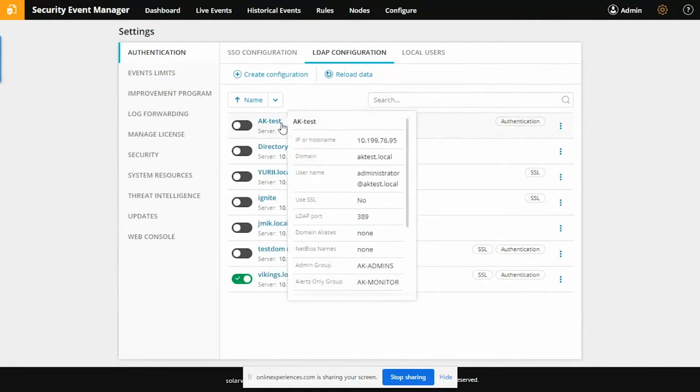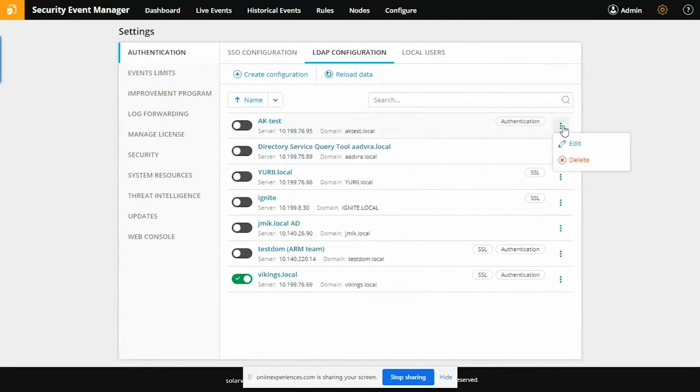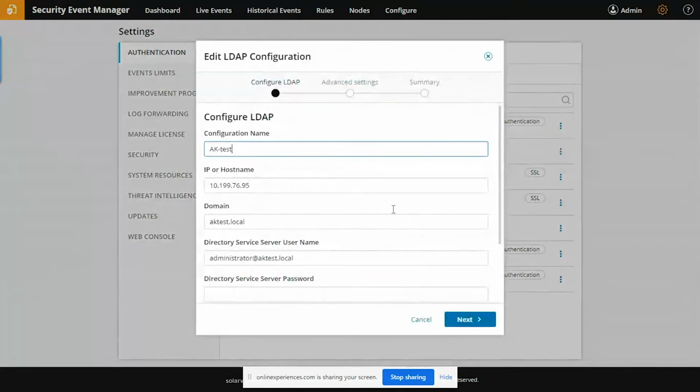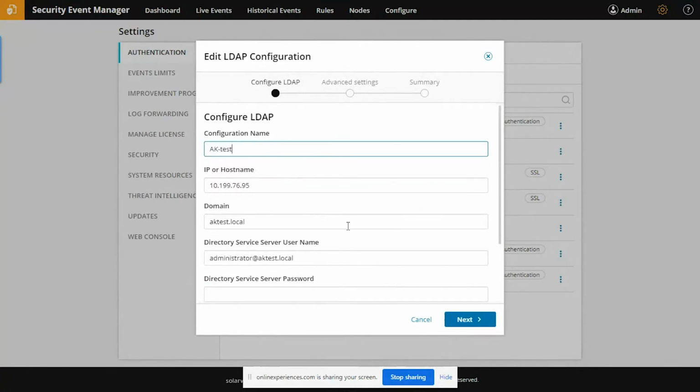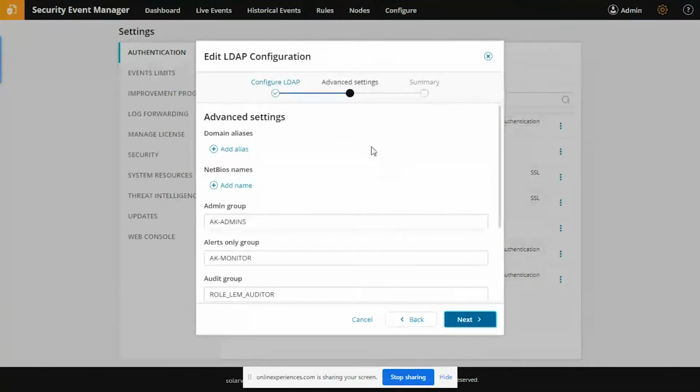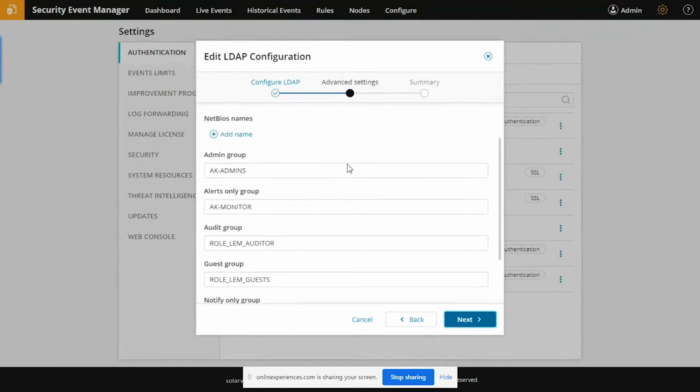As you know, LDAP can be pretty tricky at times, but we can go in here and edit this. And I just wanted to show you the roles. We'll step through the wizard. So this is the first step, connect to the LDAP server. But what's really cool is I can put in the roles. So I can actually map roles to